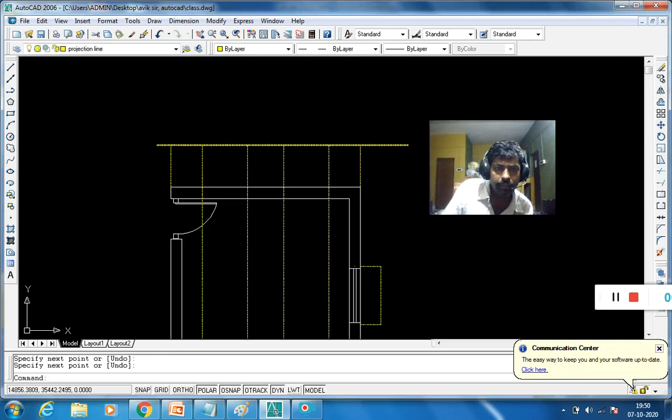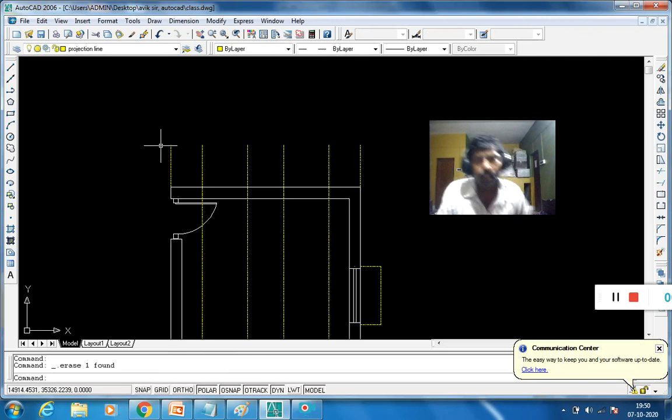Now these portions I am going to delete, because this is not a projection line, this is a baseline.